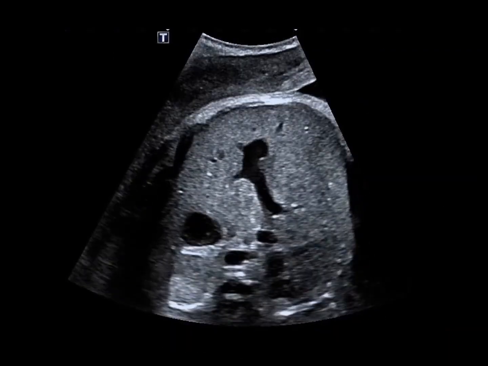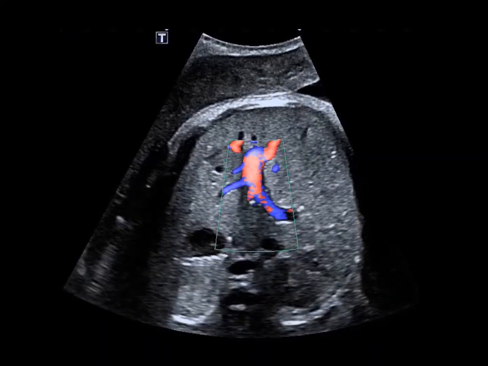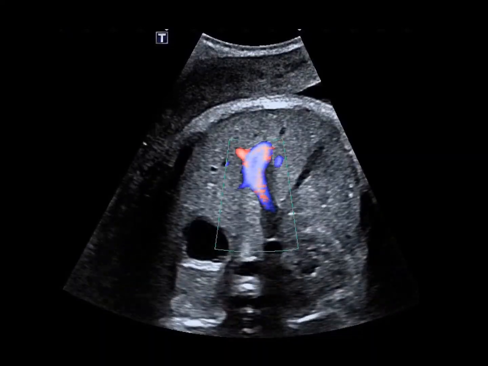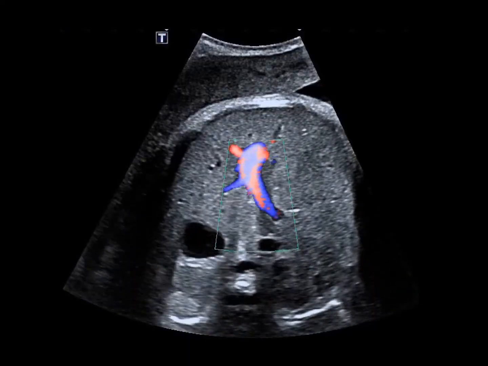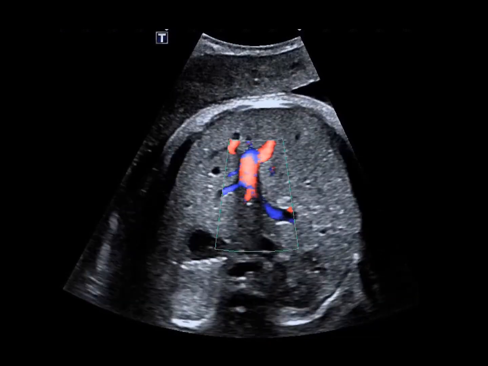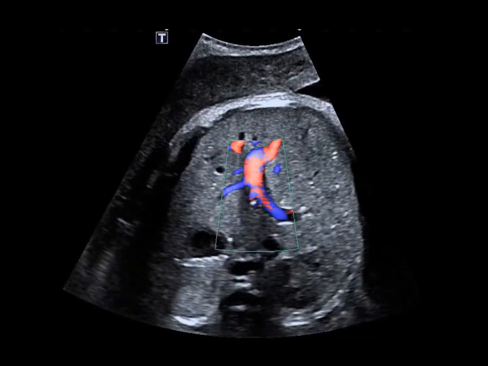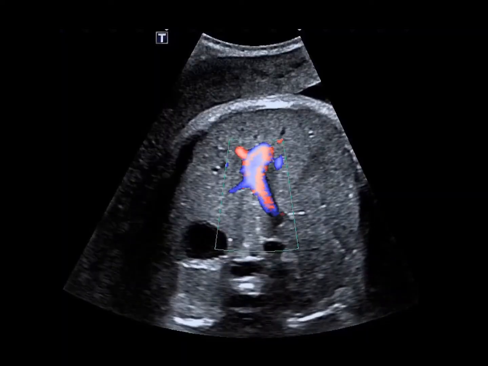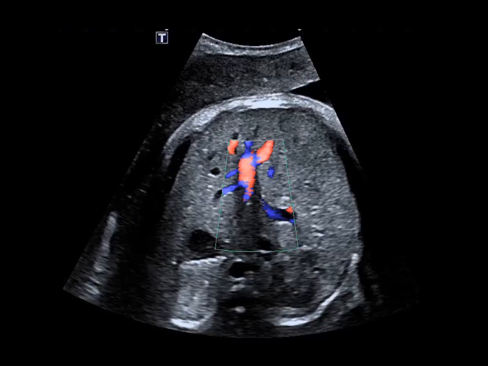So now I've shown this view only to show in a transverse format what the umbilical vein looks like coming into the portal sinus here, and really looking for the ductus venosus. A lot of people use this format to interrogate the ductus venosus. It's easier to find the ductus venosus in some cases in this transverse abdominal view, but my preference and the way that I teach is to try to get the